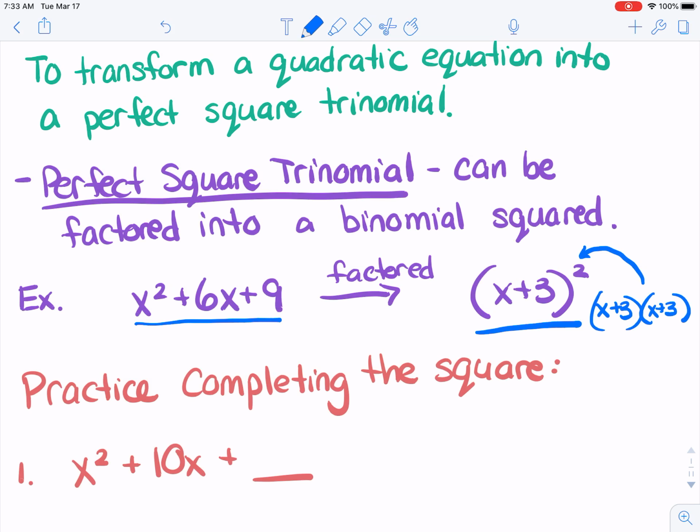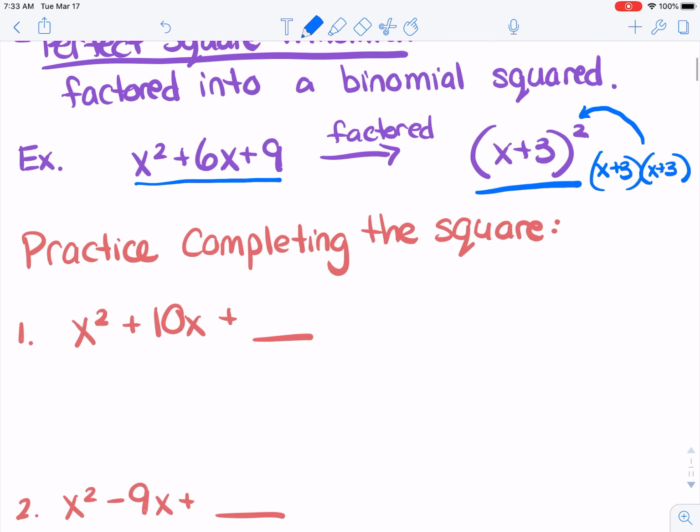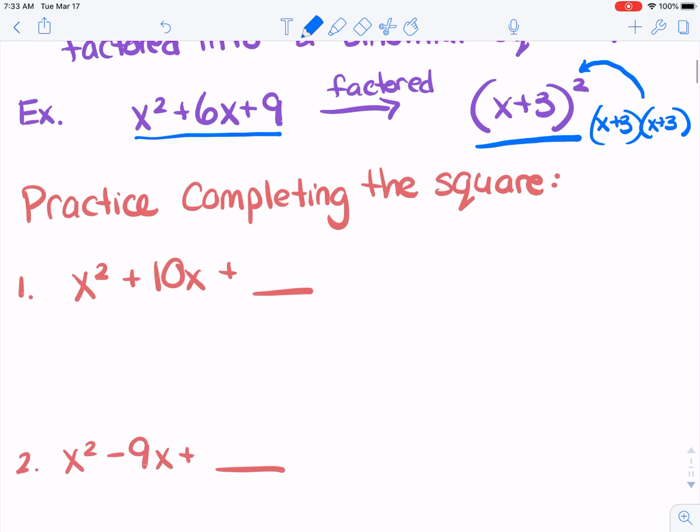Let's practice a few where we're just simply going to complete the square. We're going to find a number that makes the trinomial a perfect square. So there's a method to this, and when you get good at it, then you can just do it totally in your head. So what you're going to do to be able to fill in the missing third term to make it a complete perfect square, you are going to take your middle term, divide that by 2,